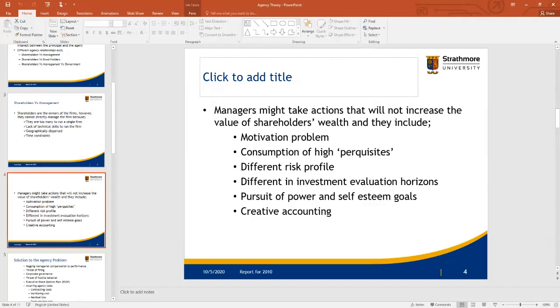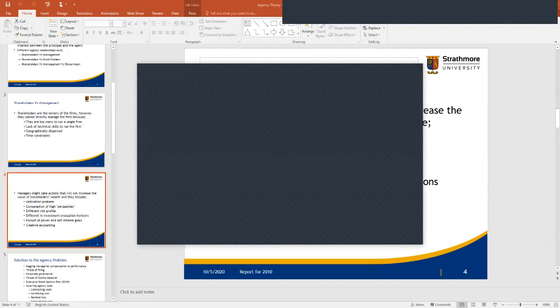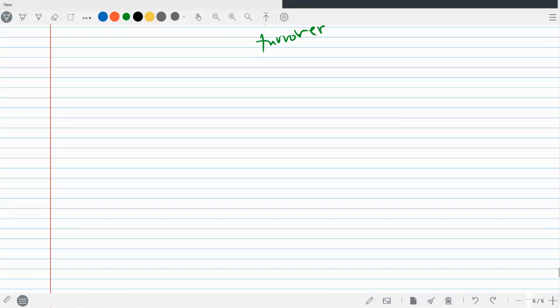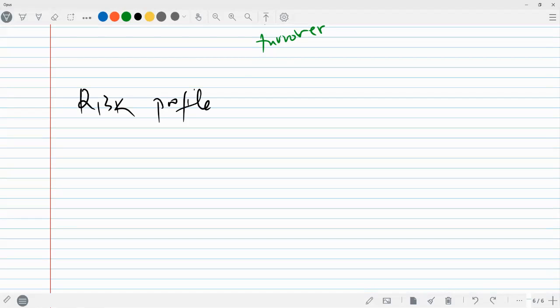Then you have got difference in risk profile. What does that mean? Let me just explain through my writing area here. If, for example, the company was to fail, this is called risk profile. This is the risk profile. If the company was to be successful,